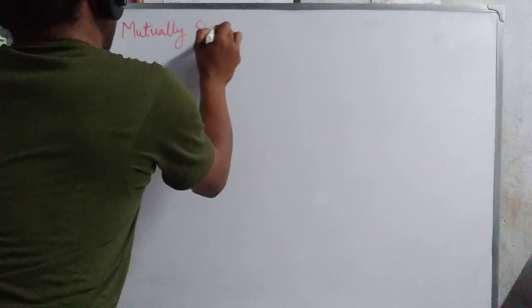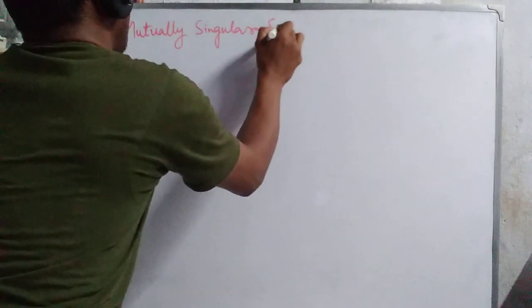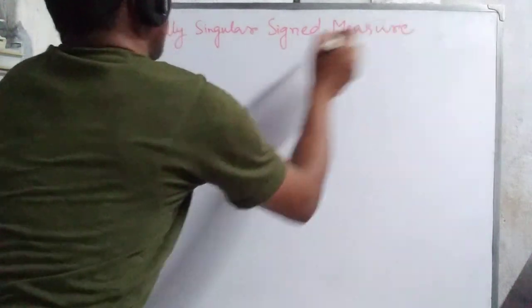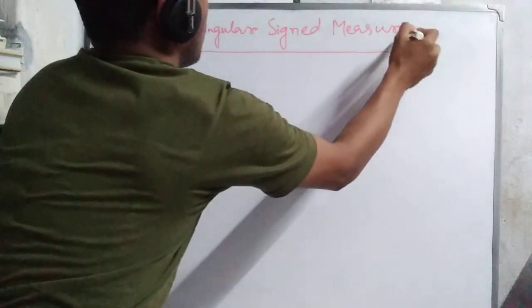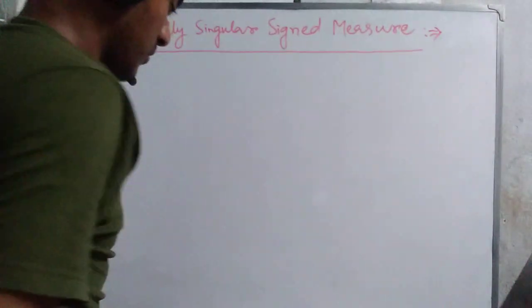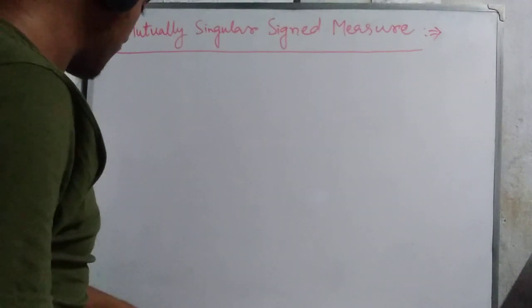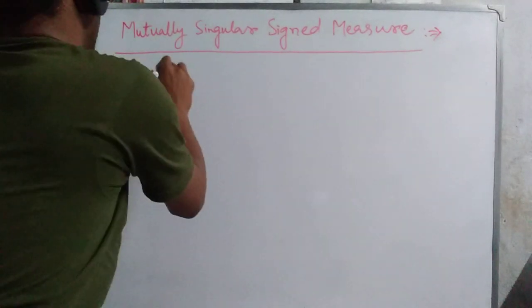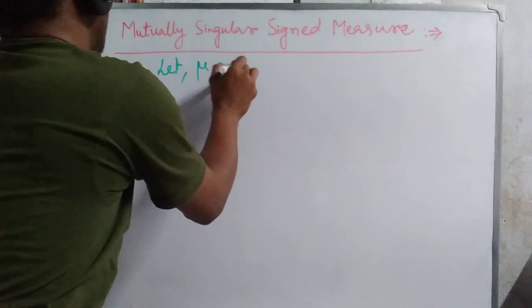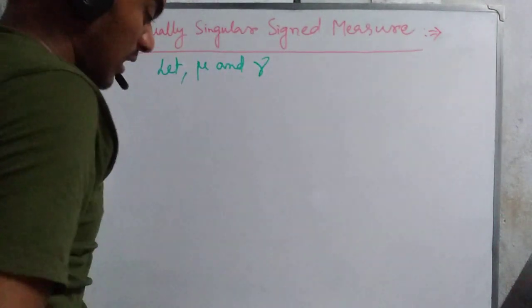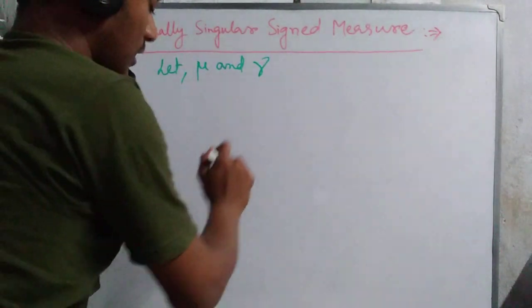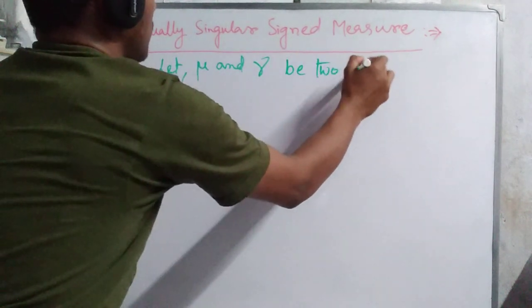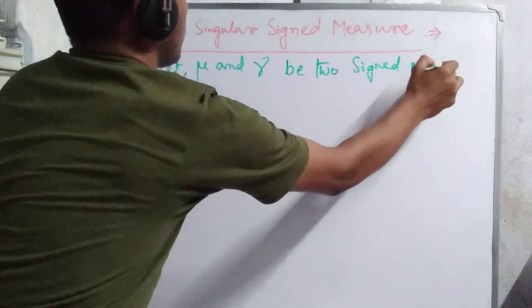Mutually singular signed measure. Okay, now we write it here. Let mu and gamma be two signed measures